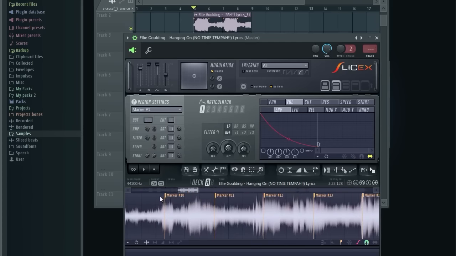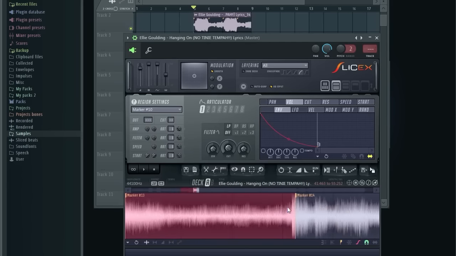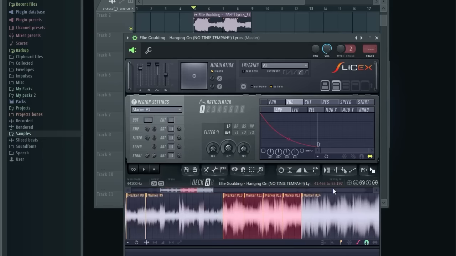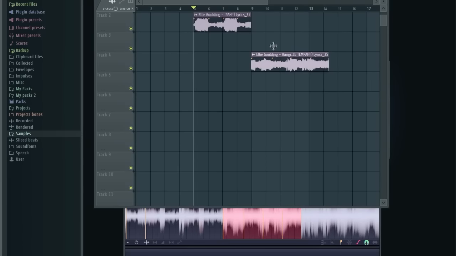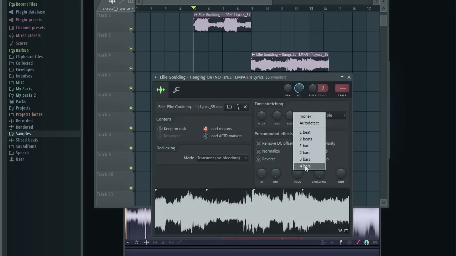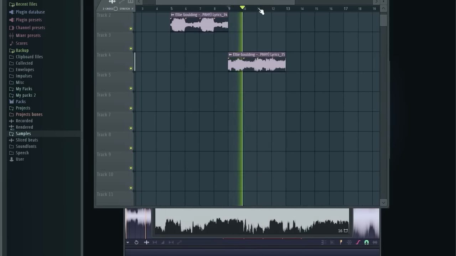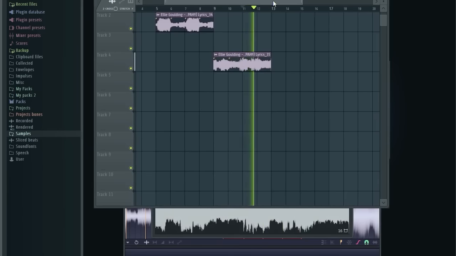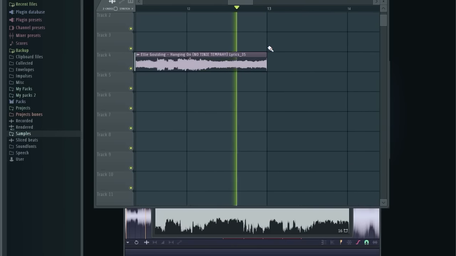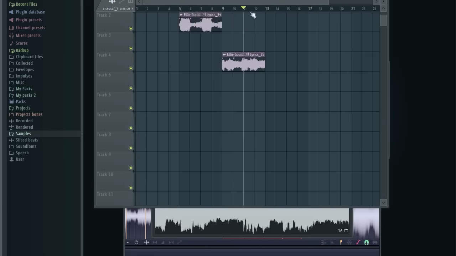Okay, that's 1 part, I think. Let me see. Okay, this is where it starts. Awesome. So let me cut it. Let me make sure it's okay. And let me cut it. Let me put it back in. Double click, right click, 4 bars. Let me check really quick if it's good. Alright, I think it's good.